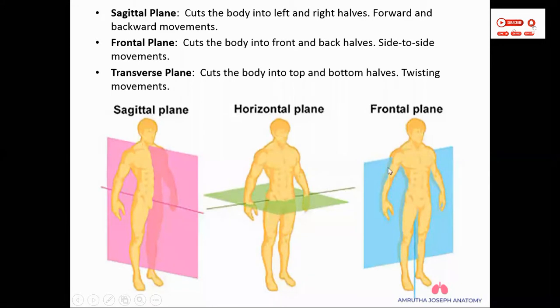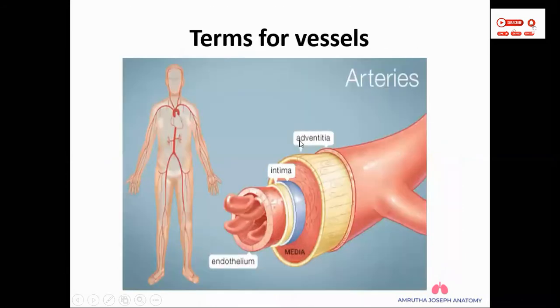Now, in the frontal plane or coronal plane, the movements are side to side movements. They are adduction and abduction. This can happen in the coronal plane or frontal plane. In the transverse plane, there can be twisting movements, rotational movements. We have seen the rotation of the head, so this can happen in the transverse plane. You should know which movements happen in which plane. So we are ending with the movements of the body in anatomical terms.